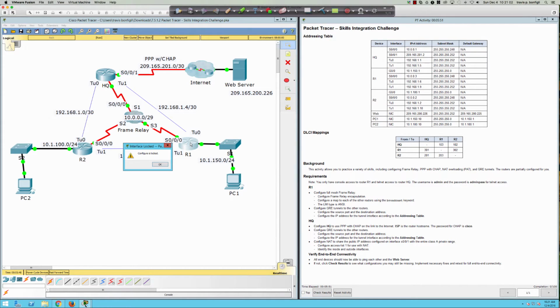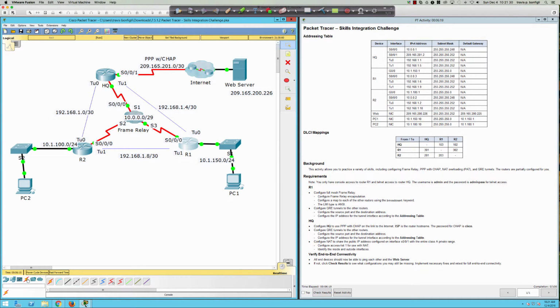Now, when I click on router 1, it doesn't let me do that, and so this is one of these little Cisco tricks or diversions that you get into. Learners are clicking on router 1, they're seeing the configuration is locked, and they're like, well, what's wrong? Something's wrong with the Packet Tracer activity. Well, yes and no. What's wrong is that they're making this exceedingly difficult by not telling you how to make the console